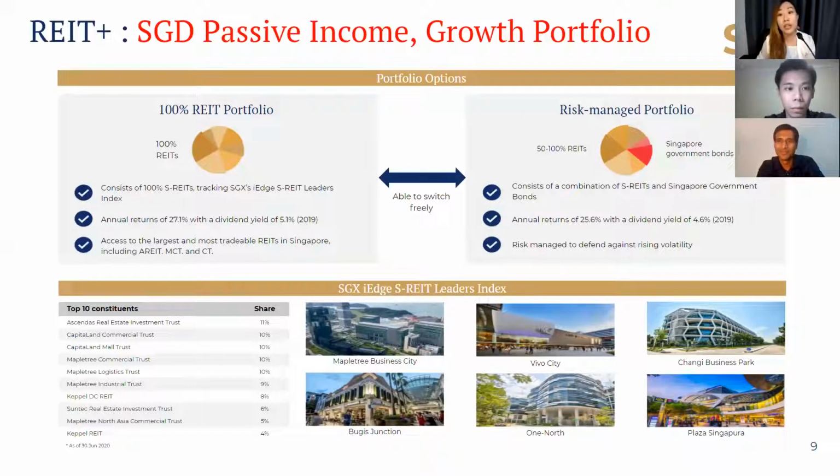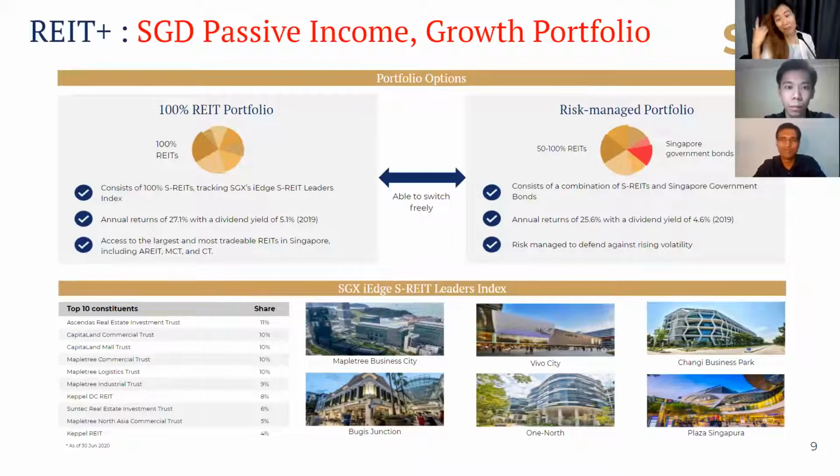REITs, I believe, are still great investments because real estate has been pretty good. Maybe it won't be as great as it was for our parents' generation, but it will definitely still have value and still go up because there's just limited land. Let's just face it. Combine that with the different trends happening globally, and REITs can still be a pretty good investment. If you don't know which one will be, then I think the REIT class solution you guys have built is a pretty good way to get exposure to that.